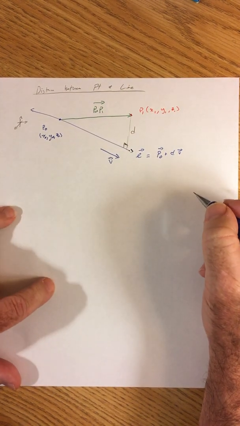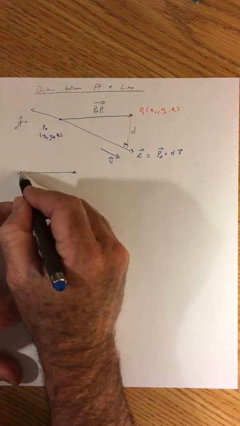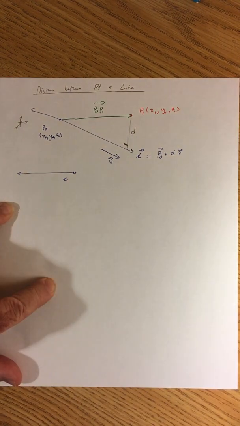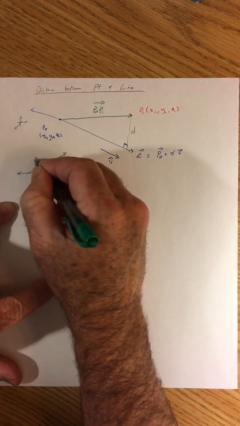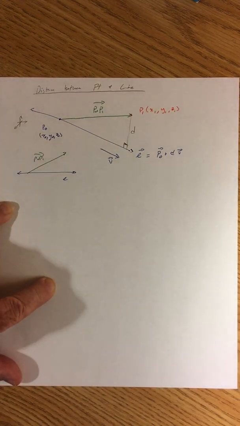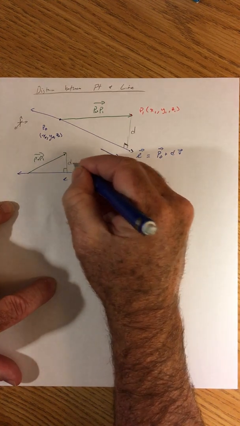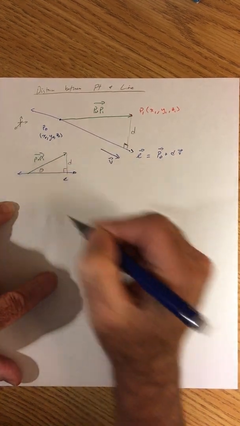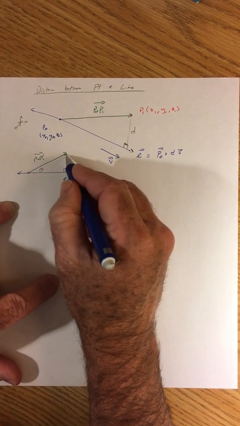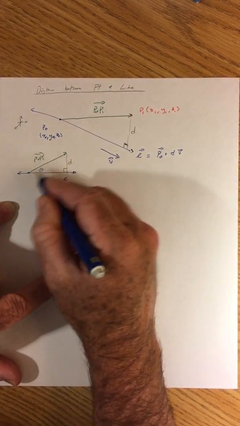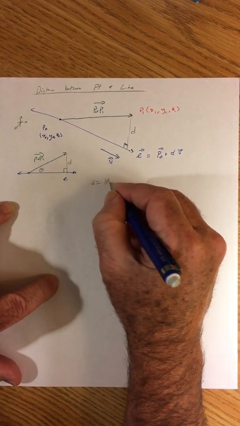All right, now if I redraw that, I can gain a perspective where I look at the line and the vector P0, P1, and this perpendicular distance in an actual right triangle. Well, there's an angle here, theta, obviously. And because this is a known point and this is a known point, we can find that magnitude relatively easily. So the distance we're looking for is equal to magnitude P0, P1